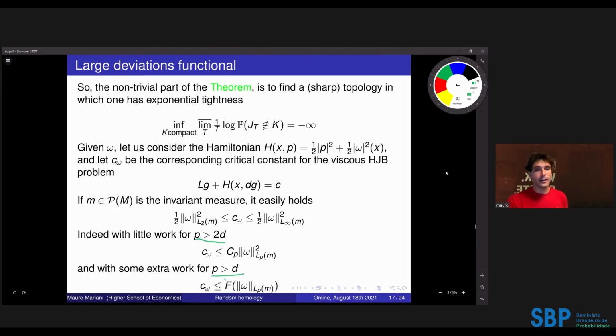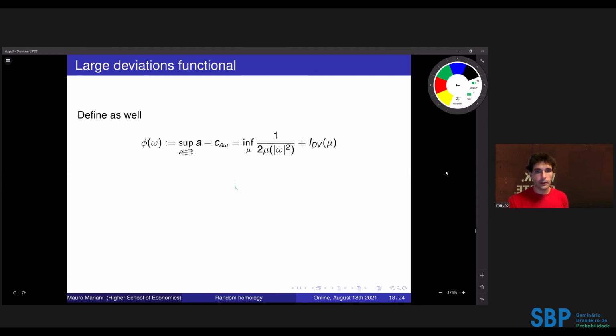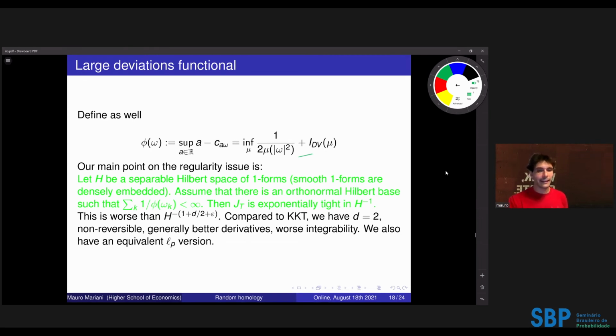If C omega would be the L2 norm, it's worse. C omega is bigger, it's worse than the L2 norm. If it would be the L2 norm, you would get a tightness in the same space where you have existence. You don't, of course, so this tightness is worse. Then using these